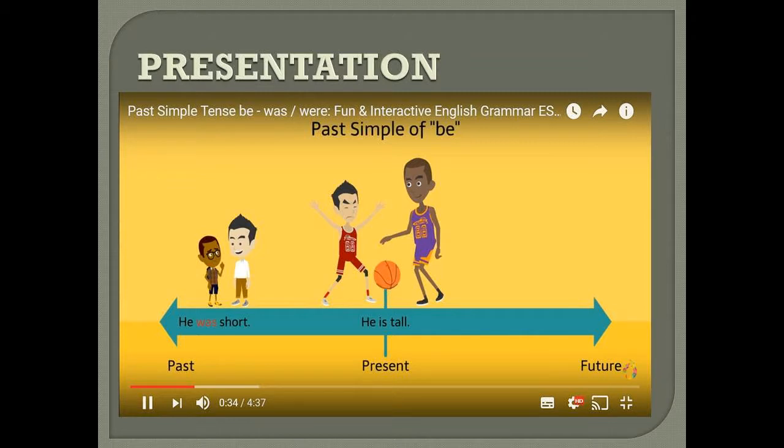And we can see here a screenshot of the video, presenting the verb to be in past and how you can use it in different tenses, and also the instructor. The teacher here is going to be pausing the video and explaining with the video and the images, explaining the structure and the grammar forms, and giving the introduction for the topic we are taking here, which is the past simple.